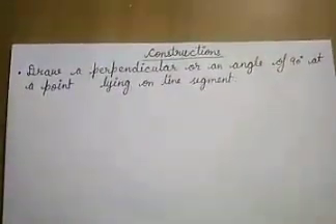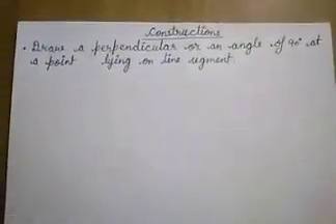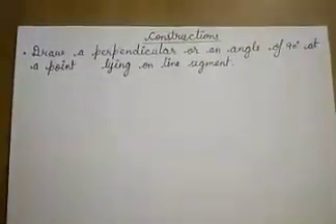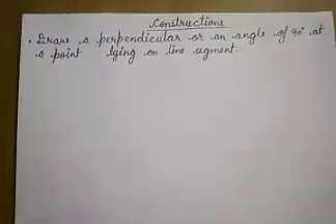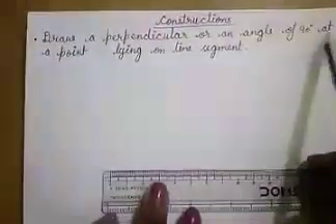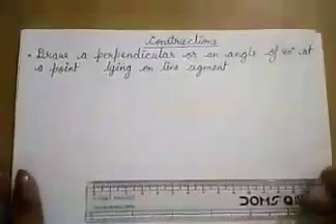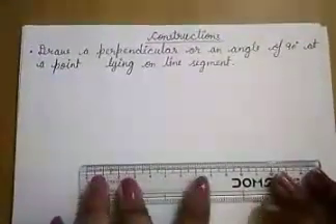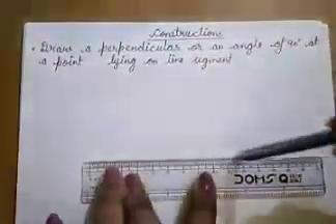In the last session, we had done the construction of line segment with the help of compass and the construction of perpendicular bisector. I hope you all had understood those things. So today we are going to do the perpendicular or an angle of 90 degree at a point lying on line segment, which means if we have a point on the line segment and we want to draw a perpendicular to it, so how we can construct it? So for that, first of all, what we will do, we will draw a line segment.